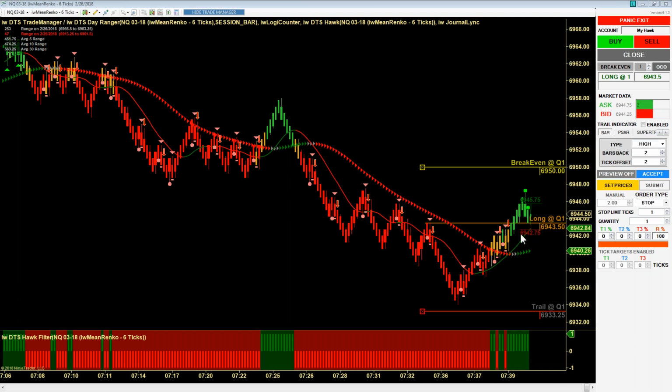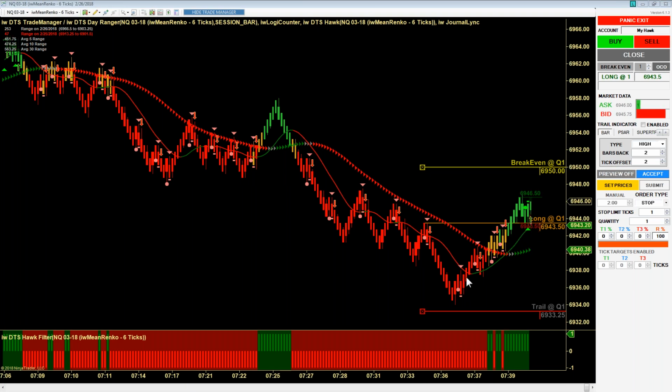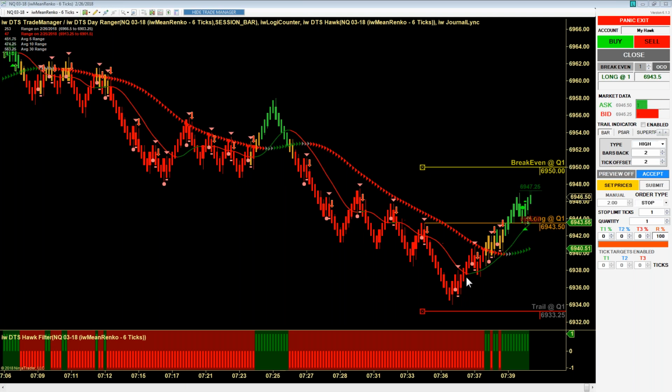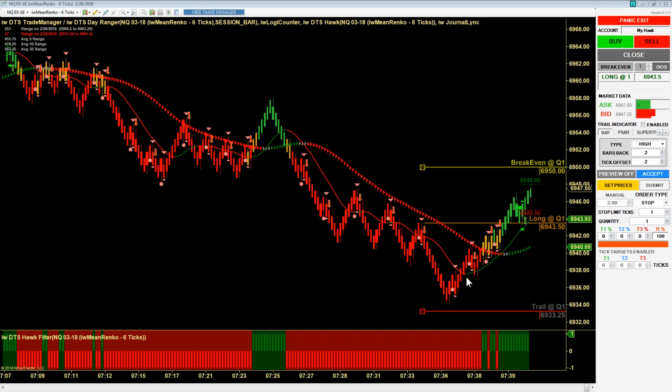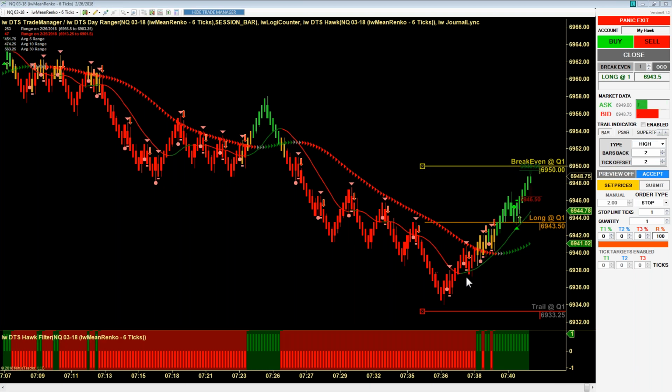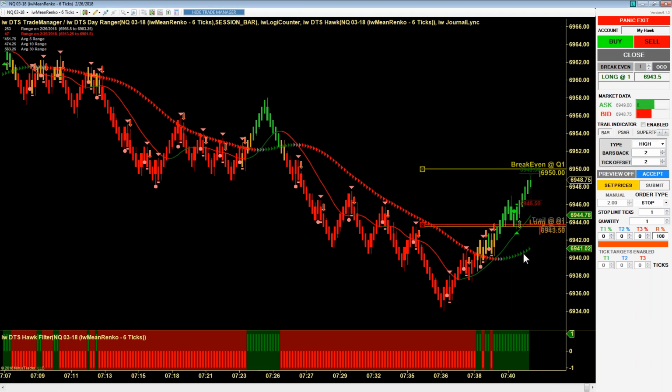So here now that first micro macro cross I was talking about. Okay, that's close enough that I'll force it to break even,